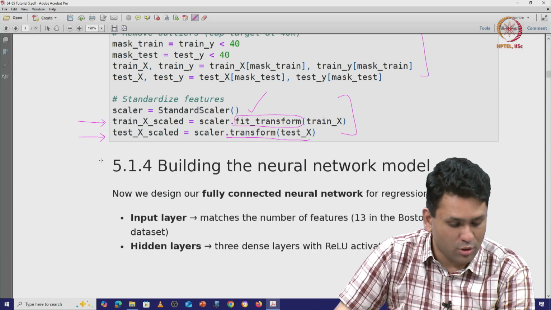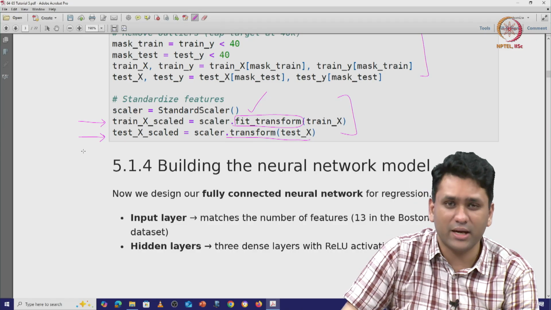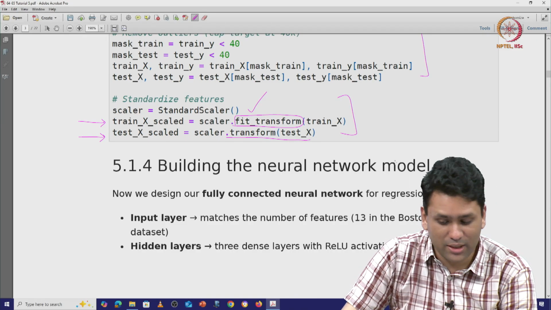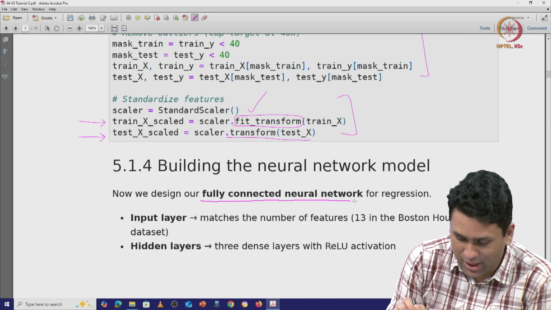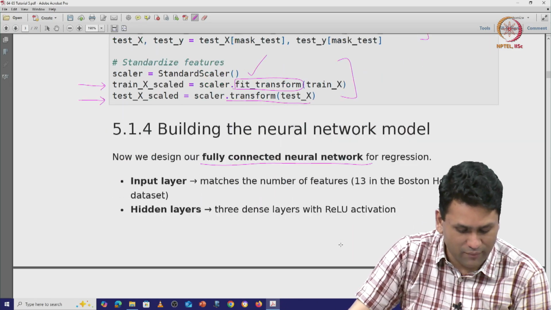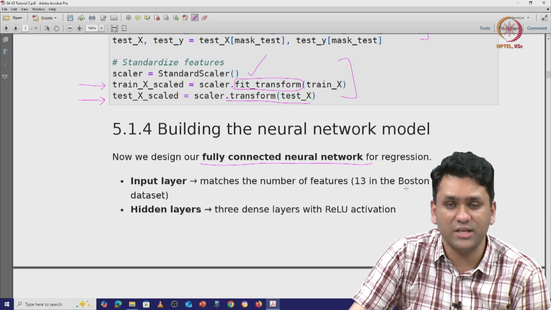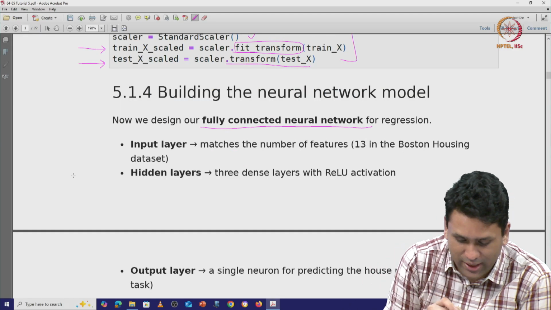Okay. So once all this is done, this is by now hopefully very routine for you, you have done it multiple times. So what we can go ahead and do is we can build the neural network model. We are using a simple fully connected neural network model for regression where the input layer has 13 nodes because that matches the number of features in the Boston housing data set, and we are using 3 dense layers with